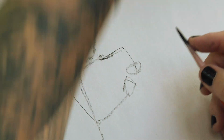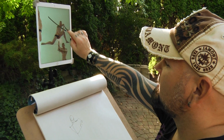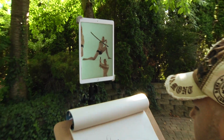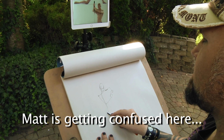So a lot of times to find the angles, what you can do, you can almost hold up as you're pointing, and you can kind of, like for this part of the arm here, you see that angle, and then you can make that slash. You see the angle of the arm there, and you make that slash. You see the arm coming down like this, you make that slash, and that's how you're trying to find all of the angles. Then we've got the